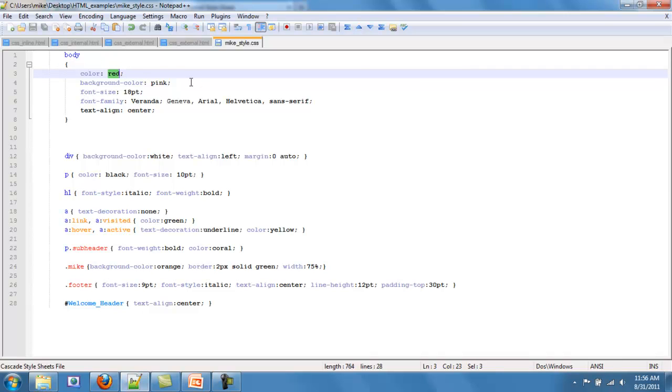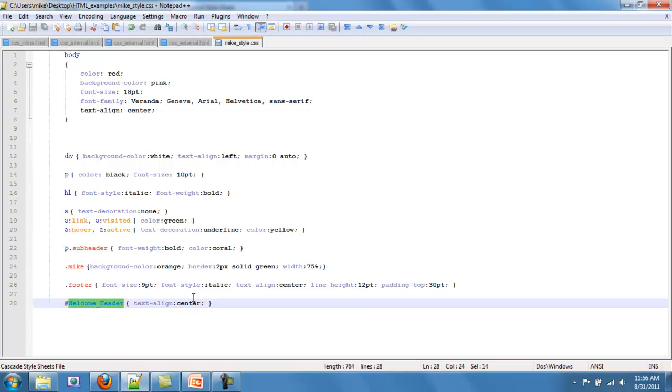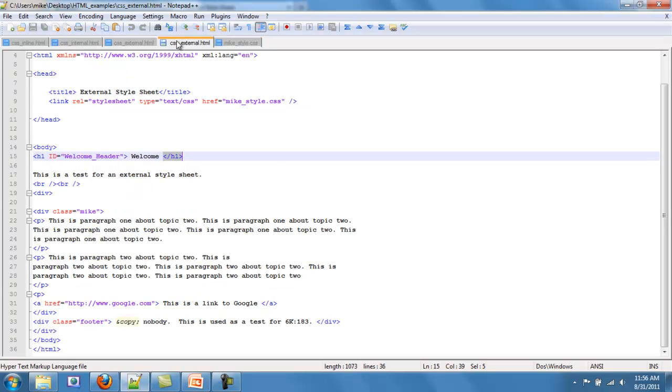So this is cascading. What we specify on the body, the general, is red. That's going to apply. Plus, we're going to add some specific things for the H1, which would be italic and bold. And then on top of that, we're going to apply some very specific formatting that we declare, which is to center it. So if we were to create a second H1 on this page,